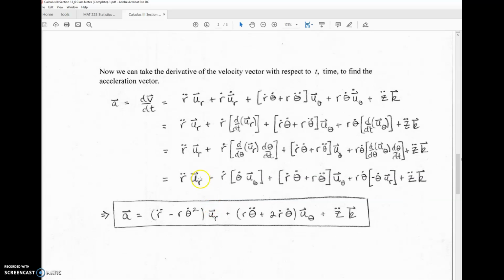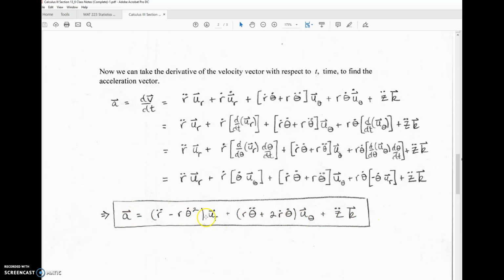And then I just bring all the like components together. Here I have a u sub r, and here I have a u sub r. So that's r double dot from this one, minus r theta dot squared, where theta dot is the derivative of theta with respect to t, squared. That's the scalar component of u sub r. And then for the scalar component of u sub theta, I have an r dot theta dot from here, and another r dot theta dot, so I have two r dot theta dots, plus r theta double dot, the second derivative of theta with respect to t. And then I still have my z double dot. So there's my